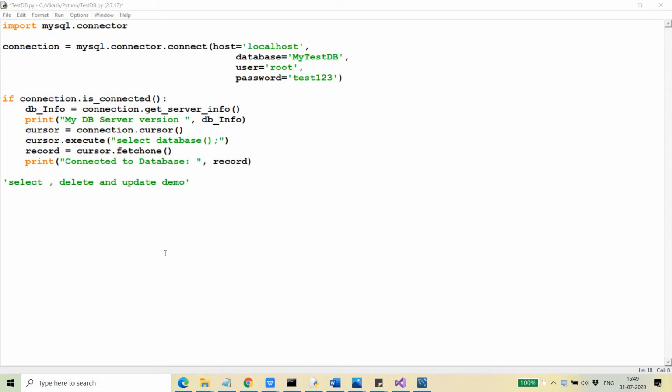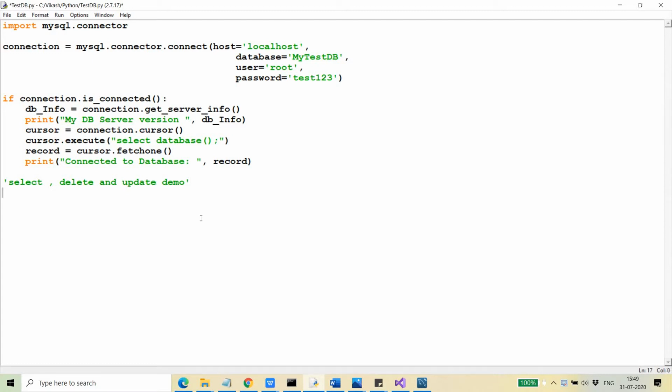So in the previous video we saw how we can connect to the MySQL database using the Python script, how we can insert some records into the database, and the process to persist the record in the database table, that commit thing that we discussed in the last video. So continuing that, we are going to cover the rest of the database operations: how the select works, how we can select the records from the database table, and how we can delete a record from and update a record in the database table. So all these things we are going to do.